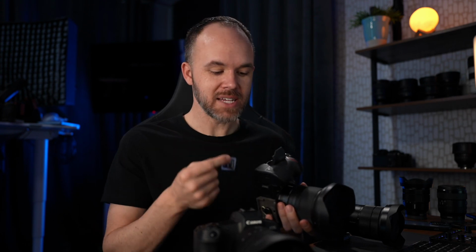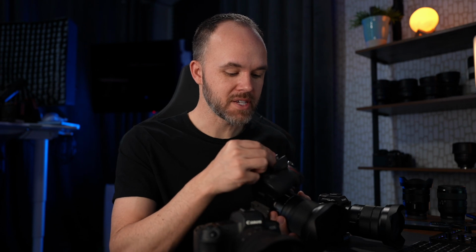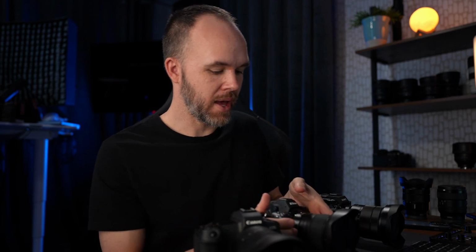But yeah, it's bigger than an SD card slot, but it would have been nice to be able to use SD cards as well when you don't need something like this. So if a card goes bad, really I only have the one card for this camera, but usually you have a bunch of extra SD cards, so it would have been nice to be able to use SD cards as well. All right, so I'm not gonna go into too much detail there, but that's just kind of my initial thoughts